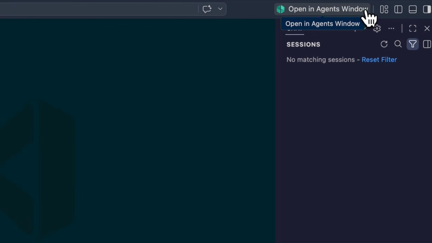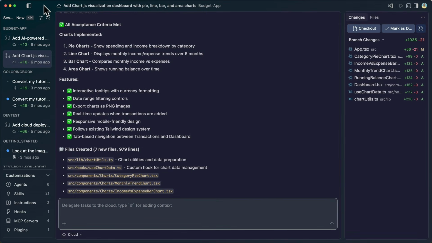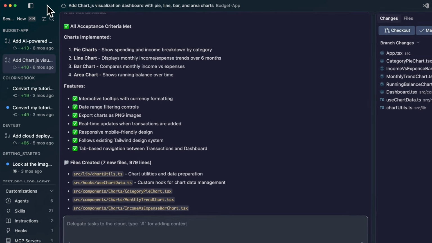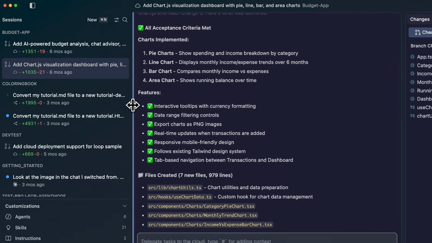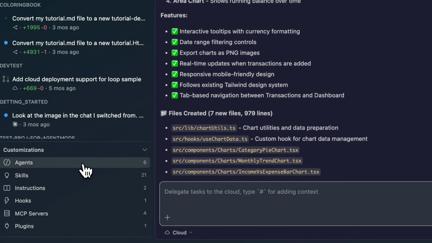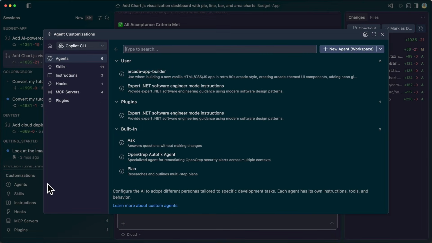You can open it by clicking this icon that says Open in Agents Window. Agents Window is a focused environment built for agent-first development workflows. On the upper left, you see our sessions list, your past and current agent tasks by project with quick change stats. And at the bottom left, our customization controls, which by clicking on any of them brings you to the